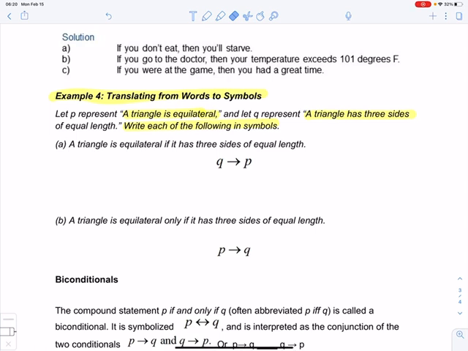We're going to take a sentence that we are given, such as this one in part A, and we're going to turn it into symbols, which is what we've been doing, but now it's a little bit different because if you notice, for part A, this says, a triangle is equilateral if it has 3 sides of an equal length. Well, my question here is before this if word right here, which of these is P and which of these are Q? Well, how I would attack this is first, I would identify